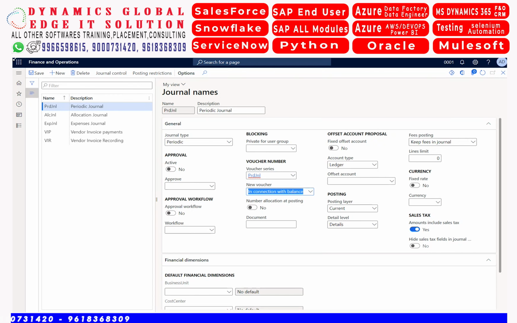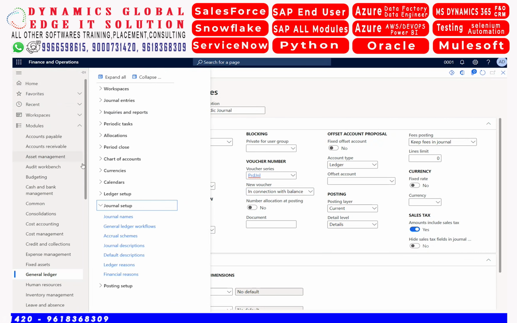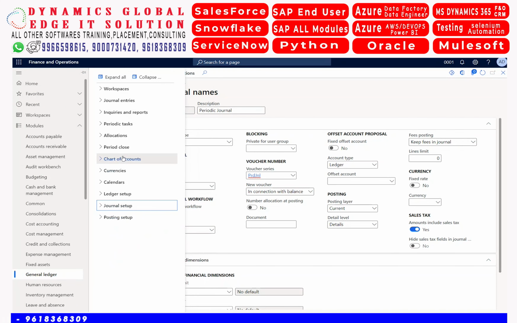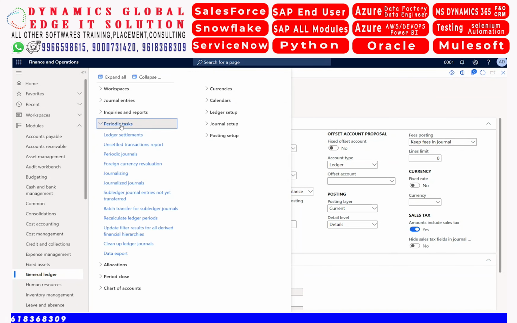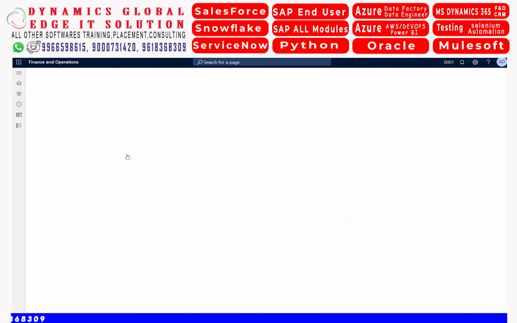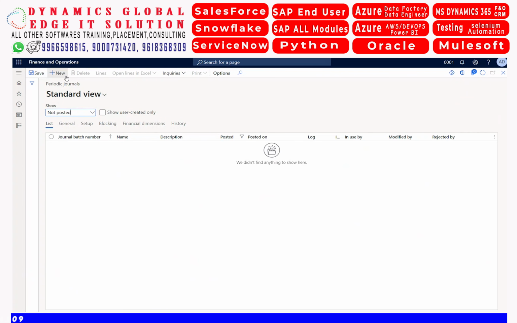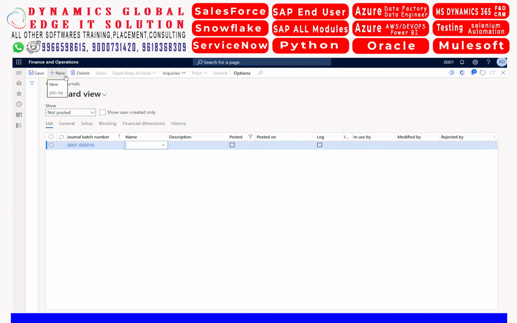Okay. So once we created the journal name, then we'll go to our periodical tasks. And here you can find the new periodical journal. Let us take that I'm paying the rent. Okay, you can